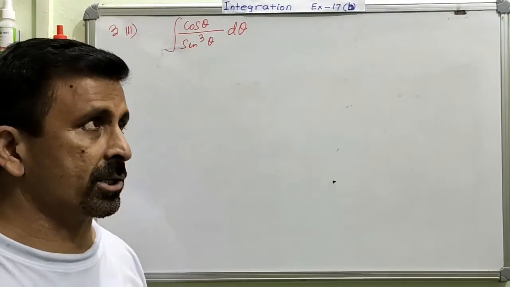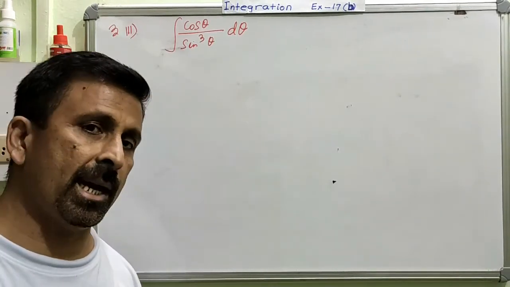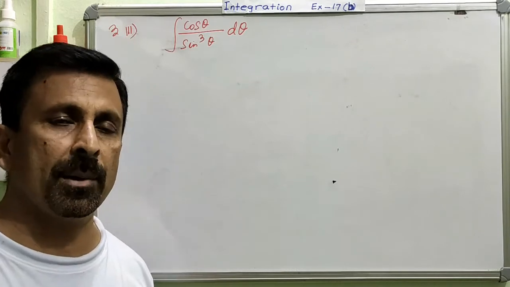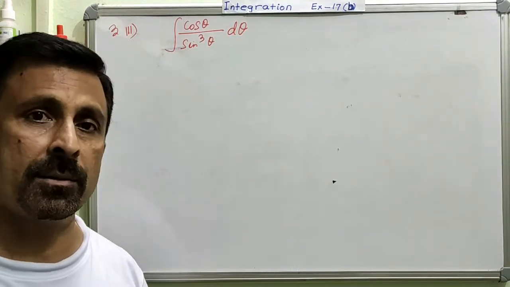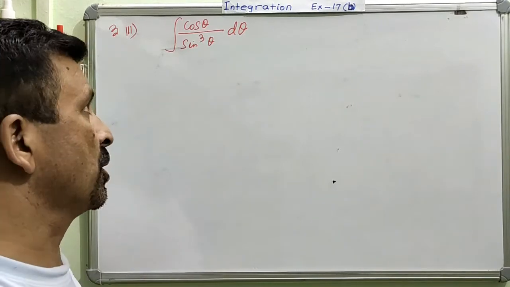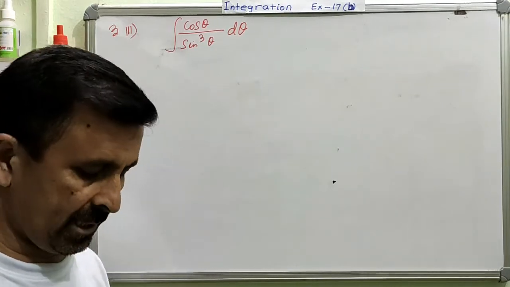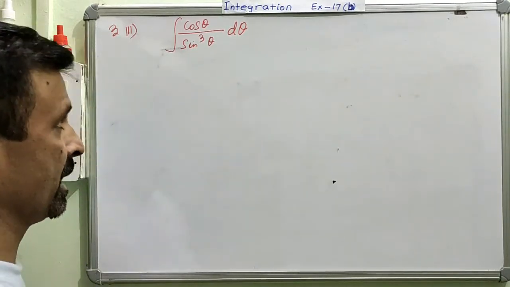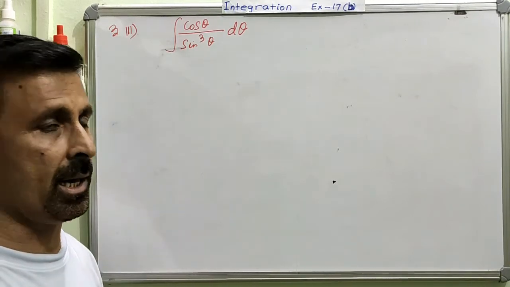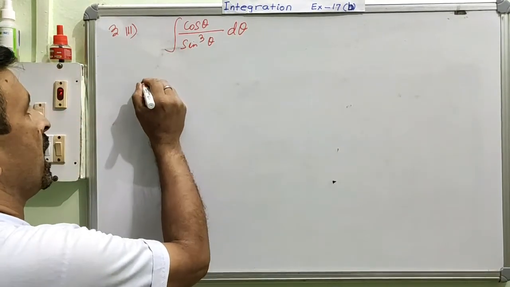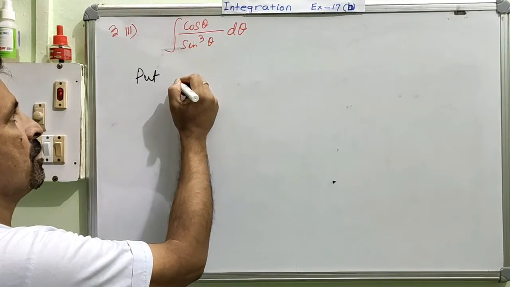We are taking one more question, and this time your question is given in the form of a quotient. Once again, I am repeating that there is no rule for multiplication and no rule for division in integration. So we have to sort out this type of question by using the substitution method. From the previous two questions, you have already learned the technique. For substitution, you will always choose the higher degree.